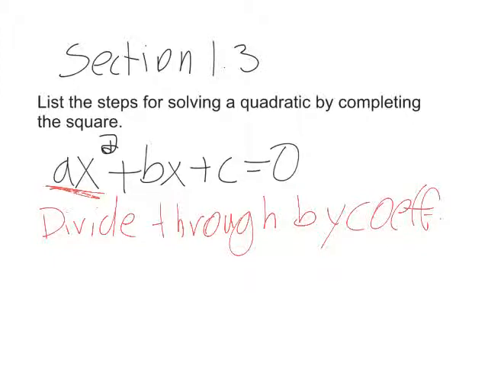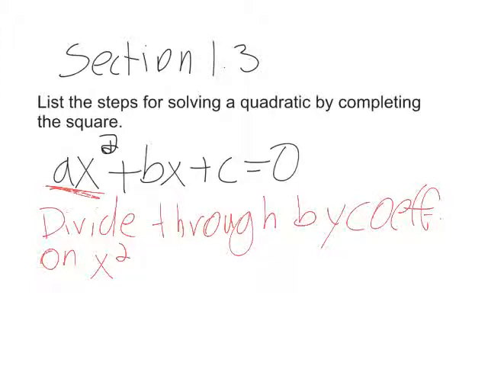Abbreviated coefficient there, okay? Sorry, that looks kind of bad. Divide through by the coefficient on x squared, okay? What that'll do is give you a positive 1 as a coefficient on x squared. So even if it's just a negative out in front of x squared, go ahead and divide through by that. That's both sides. All right, so every term that's there in that quadratic and the 0 on the other side,